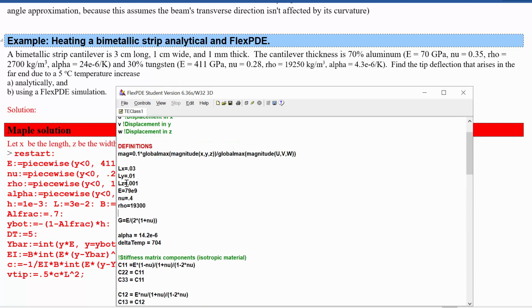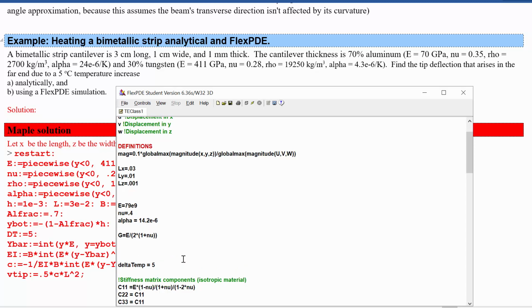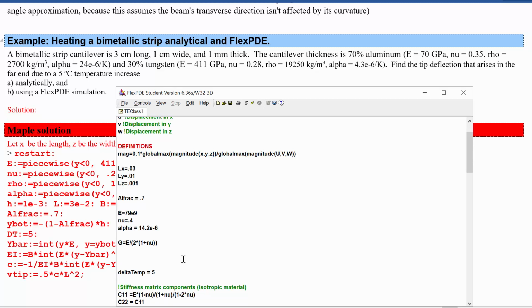Okay, so let's get it to curve. We'll modify the parameters to just a 5-degree temperature change. We'll change the alpha by, well, now there's a couple of different ways to do this. We don't actually need the density anywhere. We're going to say that AL frac is equal to 0.7, and we'll say H aluminum, or maybe Y mid is Ly times 1 minus